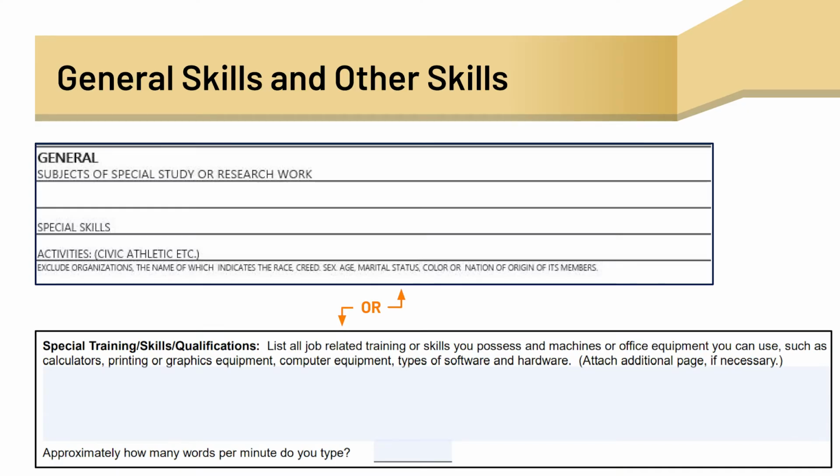In the general skills and other skills section, you may be asked to list subjects of specialty, special skills, or activities you participated in. This section is where you would list any special skills or experience you feel would be helpful in the position you're applying for.